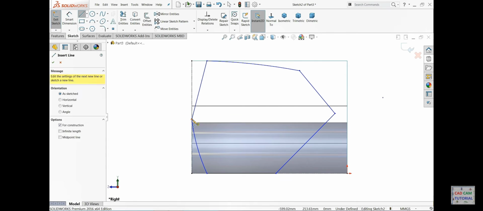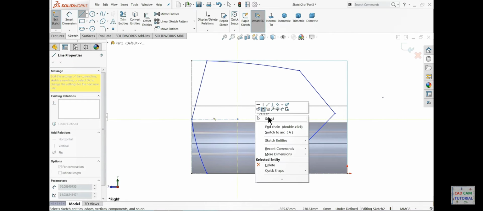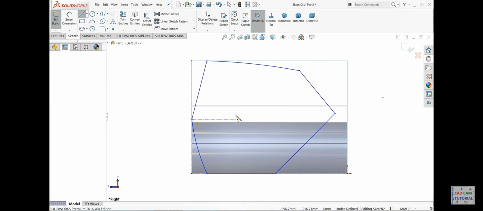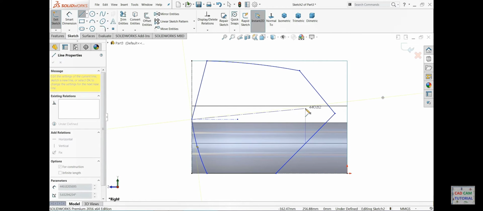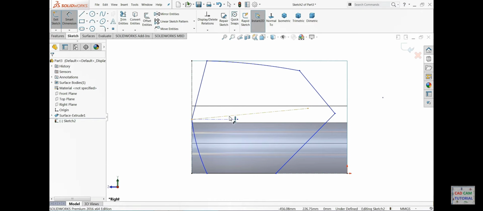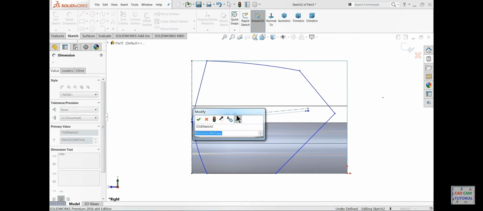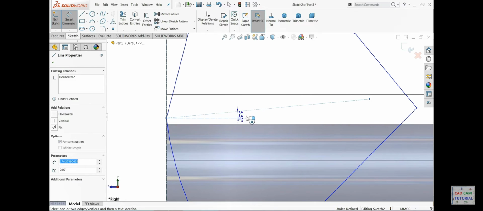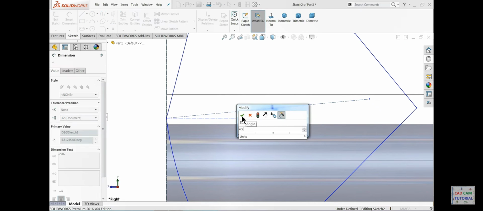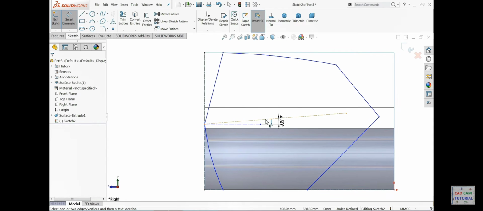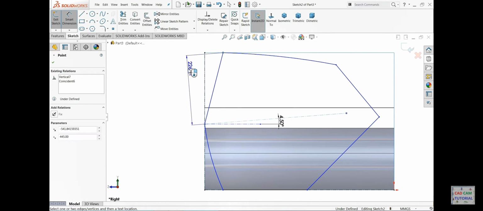Center line, I'll draw one horizontal line and I'll choose one more center line. Let me define this angle, 4.5 degree. Now select this line and this point,